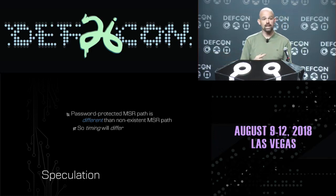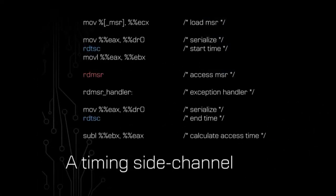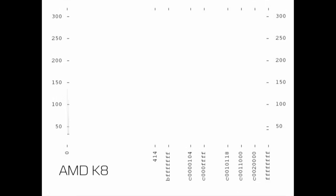So since there are two different paths here, the timing on each path should be slightly different. And that opens this microcode up to a timing side channel attack, where what you can do is have a read MSR instruction in the middle, and on either side of that read MSR instruction you have read timestamp counter instructions in order to detect how long that read MSR instruction took to access. So what that looks like when you actually execute, on the x-axis here, I have the MSR numbers